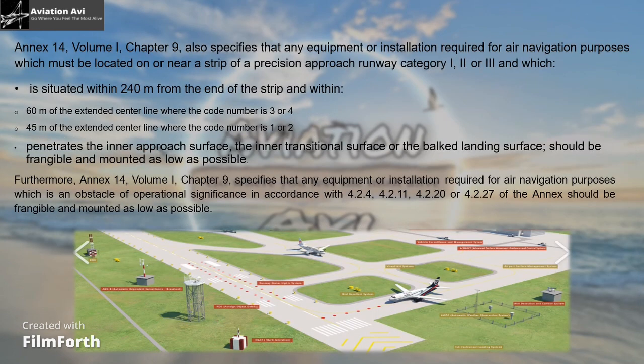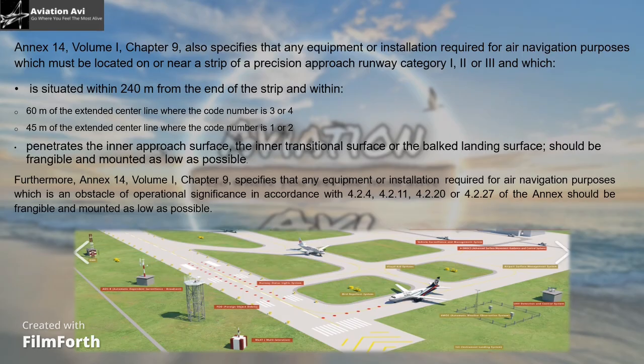Some of the important regulations. Annex 14, Volume 1, Chapter 9 also specifies that an equipment or installation required for air navigation purposes which must be located on or near a strip of a precision approach runway Cat 1, 2, 3 and which is situated within 240 meters from the end of the strip and within 60 meters from the extended center line where the code number is 3 or 4, and 45 meters from the extended runway center line where the code number is 1 or 2,